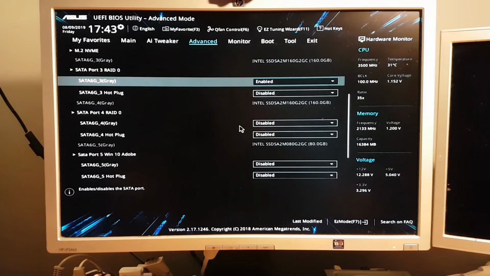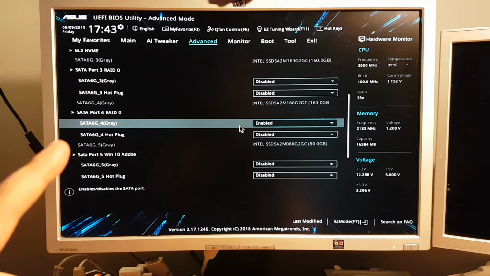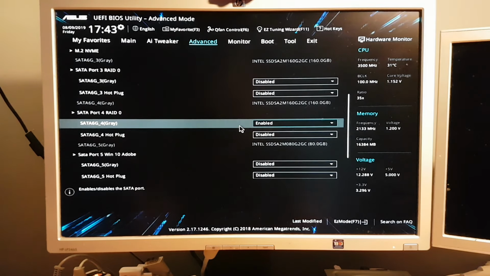They won't show up in the OS. When you select the drive in Linux, the only drive that will show up is this first one, nothing else. And when I have Linux installed and the installation is done, I go back into BIOS and disable this one, and then enable the next drive. Now this drive will be the only drive that shows up. And then I install Windows on this one, and when the Windows installation is done,